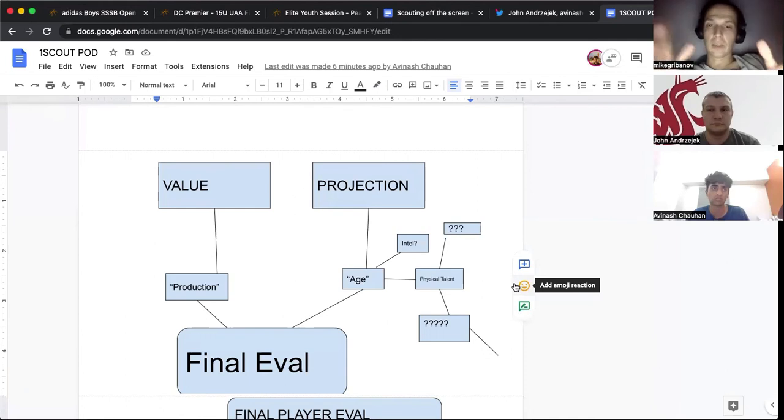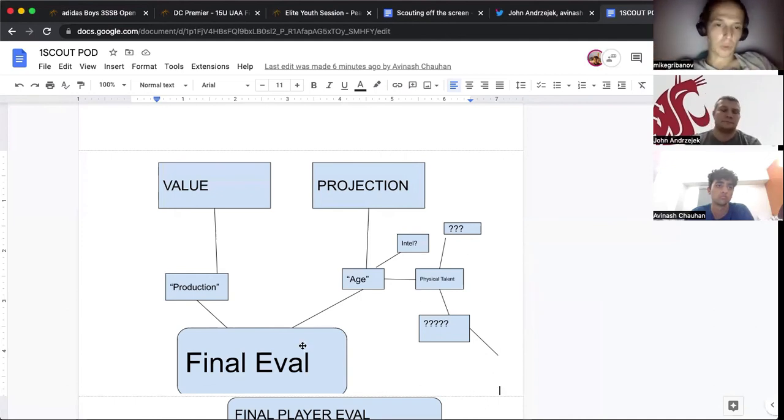Do you have any questions? I wanted to ask him a little bit about my value projection chart. Do you think of it similarly if you were to approach prospect evaluation and projection, or maybe you have a different way of thinking about it? I have put question marks here. Is there anything you think I should add, or a big part that I'm missing?